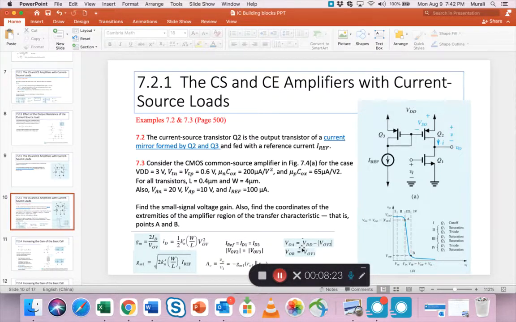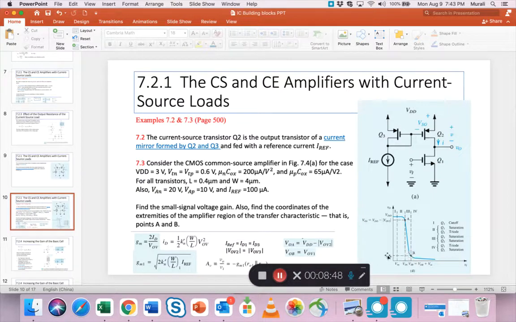Lastly, here's a pair of important points, A and B. A and B define the linear portion of the transfer function, the input-output curve that we use for amplification. And so at this point B, which is the lower limit,